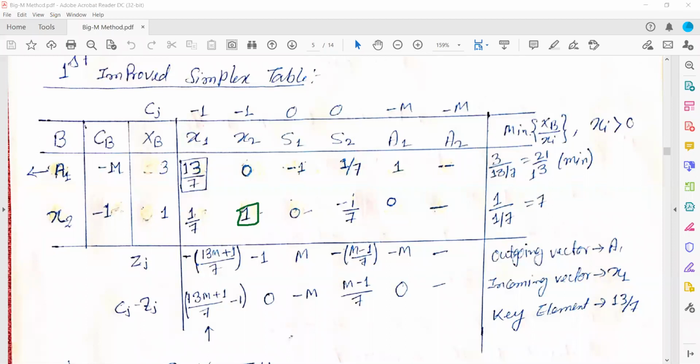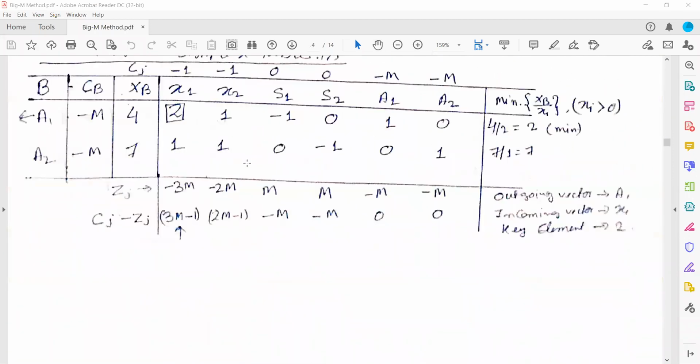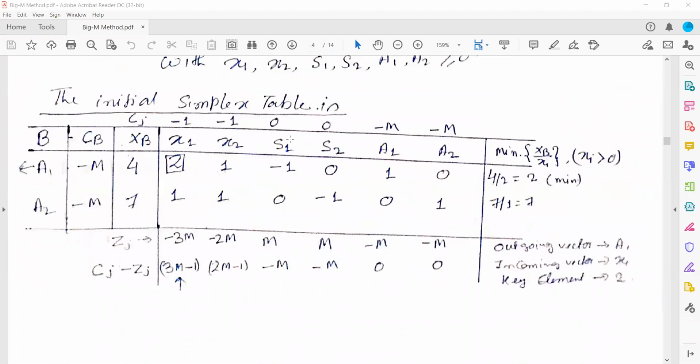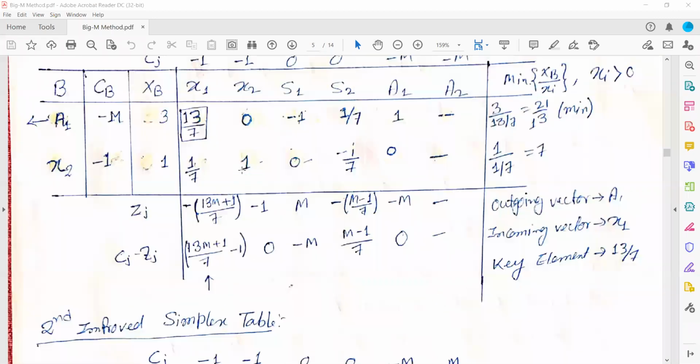So then what you need to do? You need to make 0 all the elements which are above and below the key element by using that row. Which row? This row. So here it was what? 1, I think, or whatever it may be. After making, yeah, it was 1 here. So simple. Yeah, this was 7. Here it was 1, so you need to make it 0. So I have made it 0, just simply by subtraction. And so we got this row. Okay.